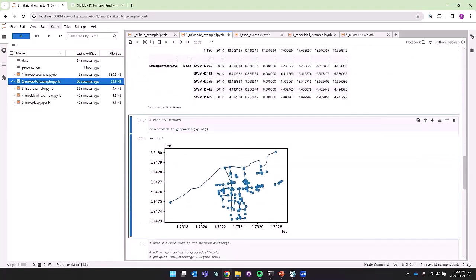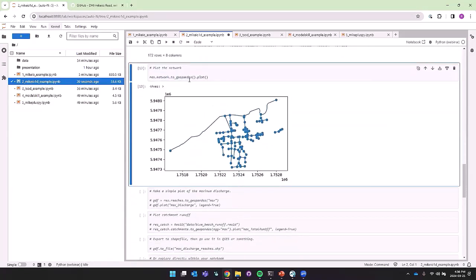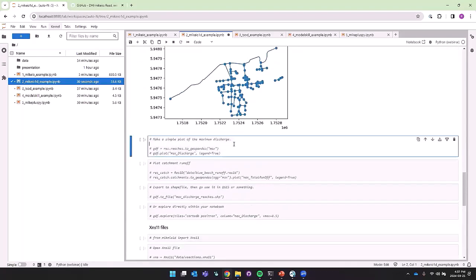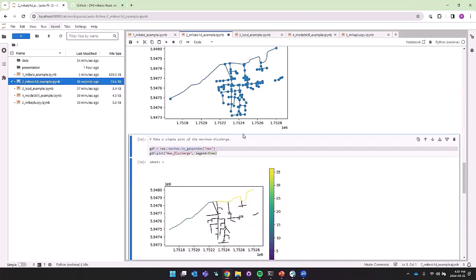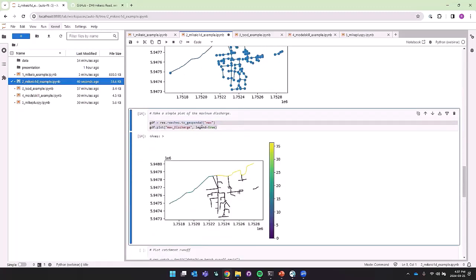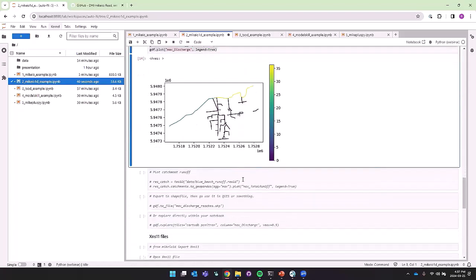We can plot the network as well with the assistance of GeoPandas. And this one is just the network itself, but it doesn't have any quantities, but we could also add quantities on. I'm going to explain less of the code because I want to get through the rest of the examples, and I see that time's running. So